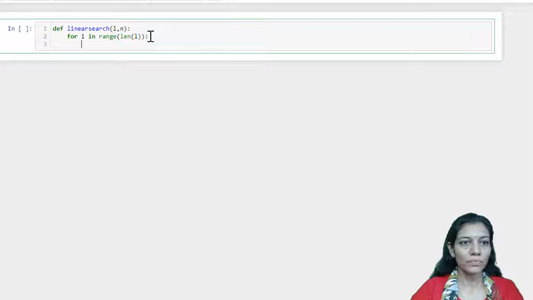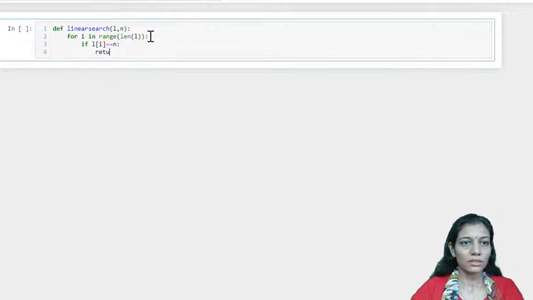Now in the for loop we'll be comparing if L[i] is equal to n. That means the search element for which we are iterating, if it is a match, then we'll return the position, that is i.